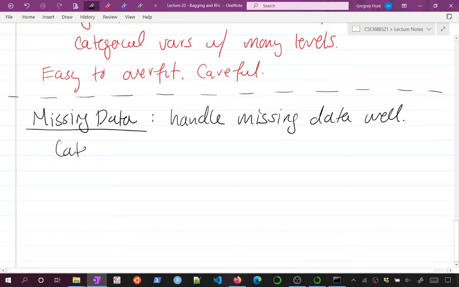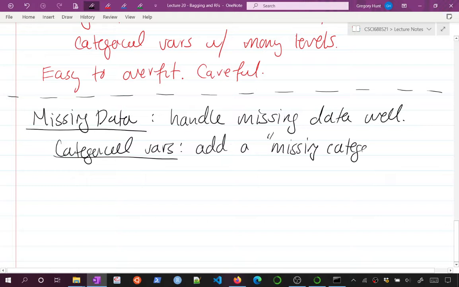So again, for categorical variables, if we want to handle missing data, all we do is add a quote missing category. So that's actually really easy. And that can make sense to do as long as things are kind of missing in the same way. For categorical variables, let's just add on a category of missing, and then our trees can just, if you're missing data, well, we're going to say, you're missing. And we can do prediction off that. For numeric,